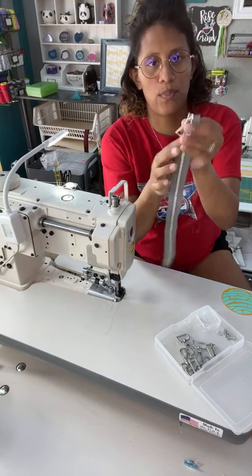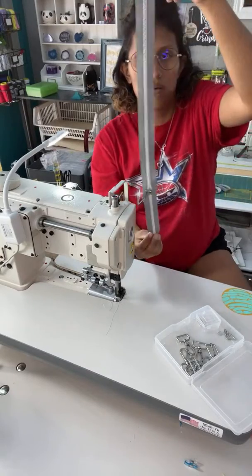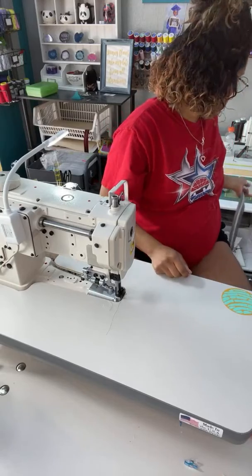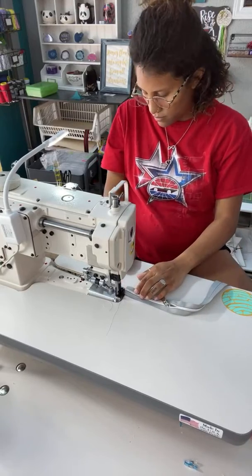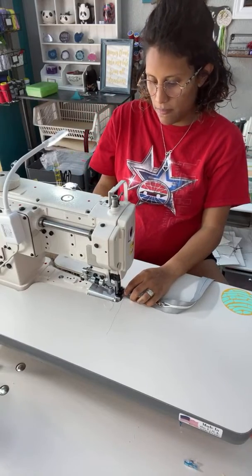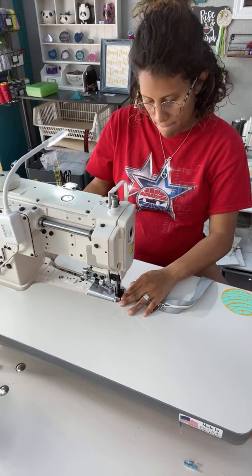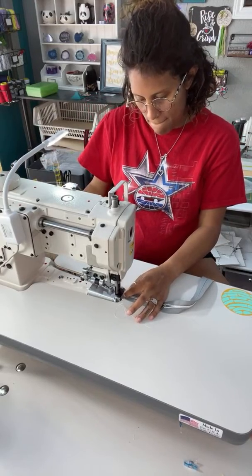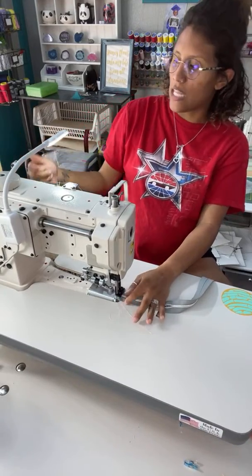So I'm gonna put my zipper pull on. So there we go. My zipper pull is on. And I'm going to, real quickly, just stitch the end here of my zipper. Adjust my pressure feet so that you can kind of see how that made a difference. Like when it was lower,